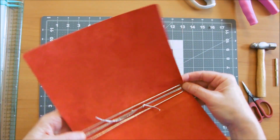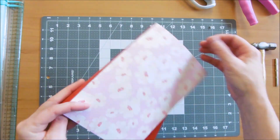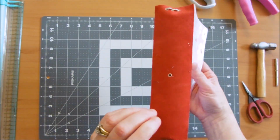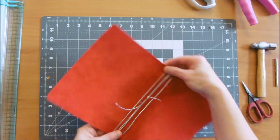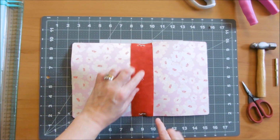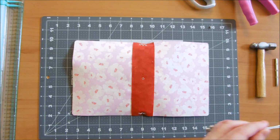You can adjust how tight or loose you have these elastics. Once you have books and dashboards and things inside, you can adjust those. They might be a little bit tight at the minute actually. That's okay, I can loosen them off camera. So that's that elastic. Yes, you can see here where it's puckering at the edge that I've got that a little bit tight. So to measure across for the centre,